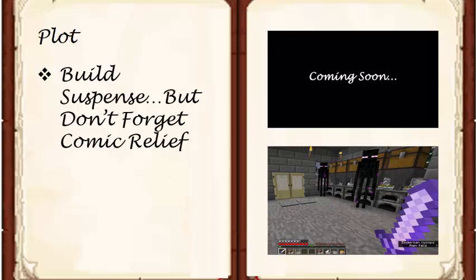For example, here's an example. I was playing Minecraft, and it was a very serious thing. I was like, I want to get all the X, Y, and Z done. And I come back to my base, and there are 2 Endermen just staring at me. That's a bit of comic relief, though unplanned comic relief. You want to add little jokes and stuff into your stories. You don't want it to always be very, very serious.